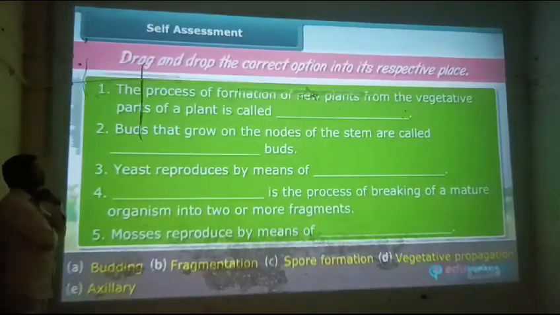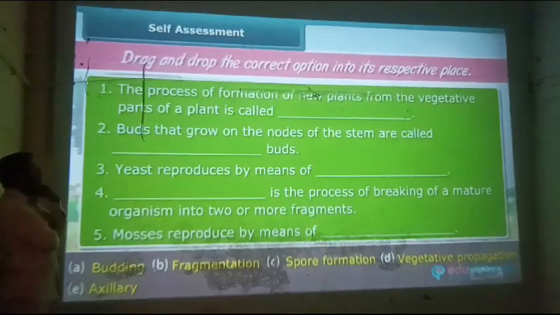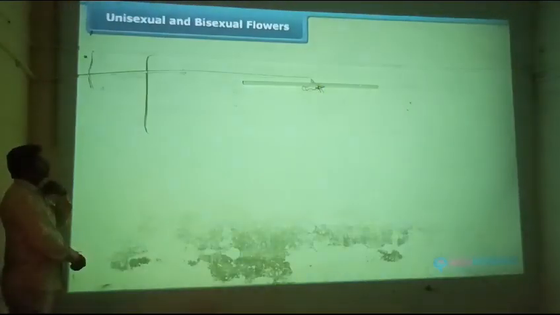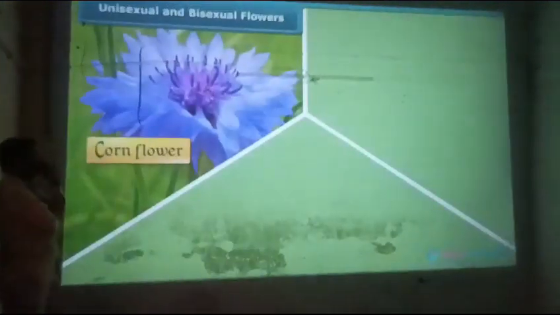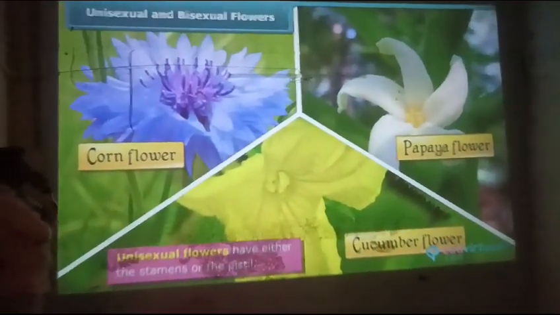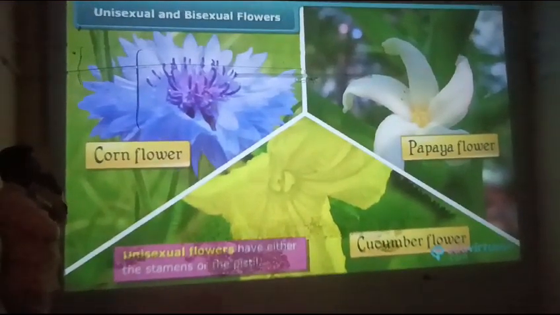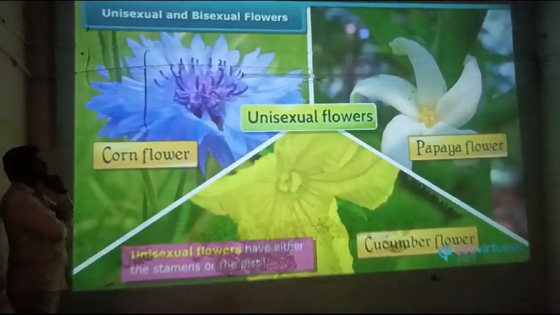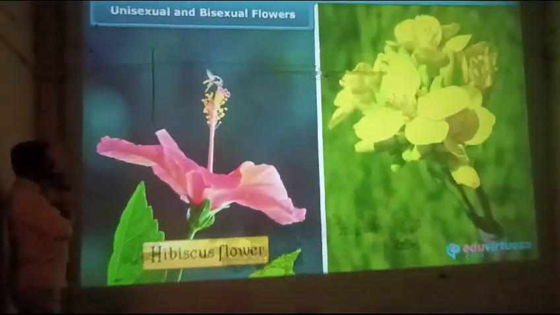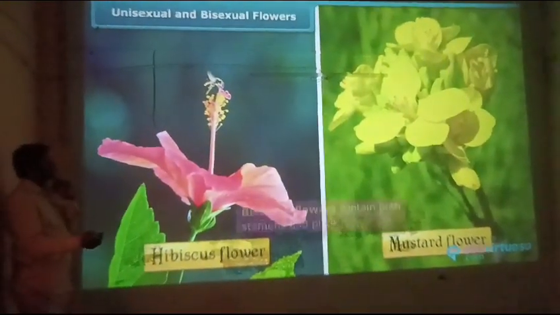Self-assessment. Let's check what you have learned so far. Drag and drop the correct option into its respective place. Unisexual and bisexual flowers. Corn, papaya, and cucumber flowers have either the stamens or the pistil. These types of flowers are called unisexual flowers. On the other hand, hibiscus and mustard flowers contain both stamens and